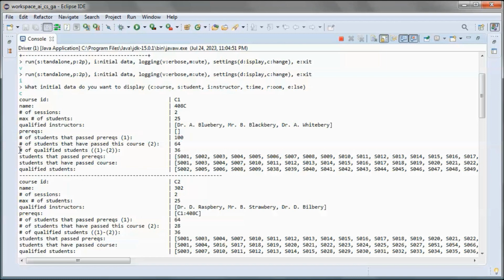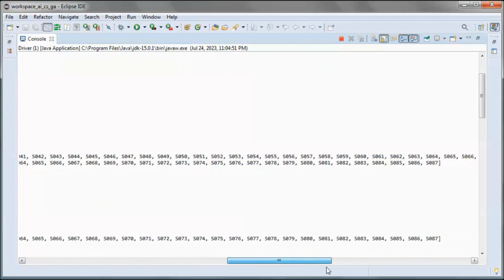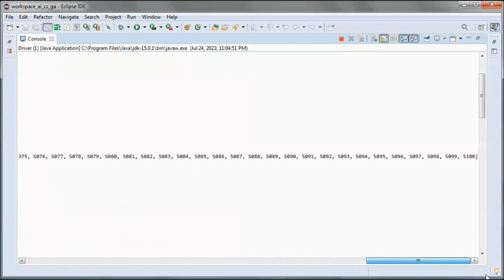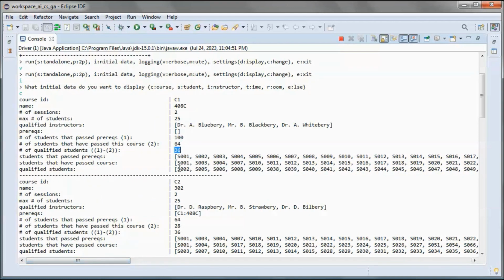So the students that are qualified to take this course is this one minus this one. So we end up with this number of students. And those are the students for the 3 categories listed. So here we have 100 students and 64 here and 36 here.